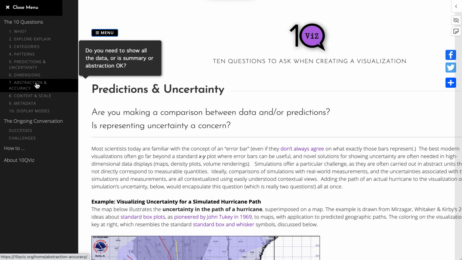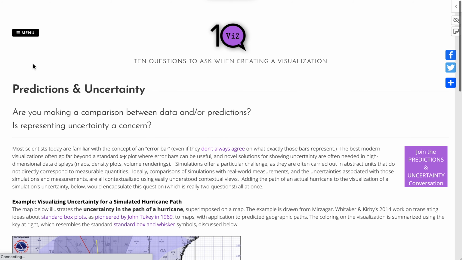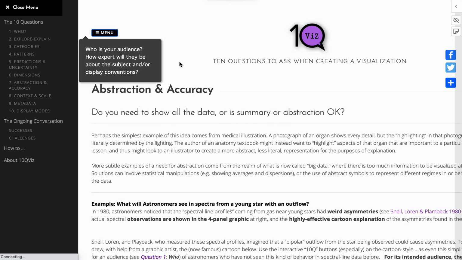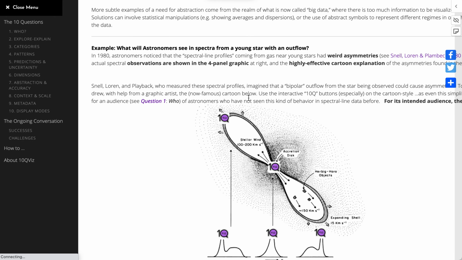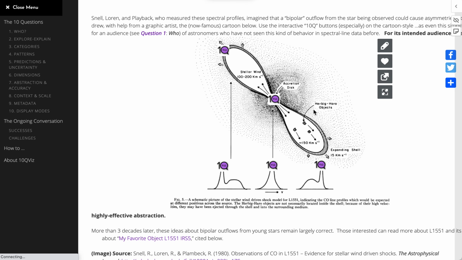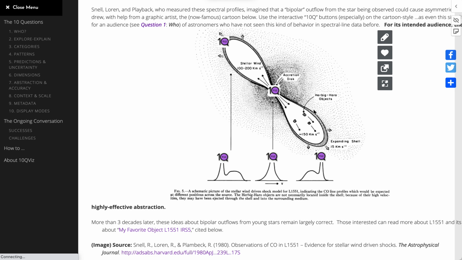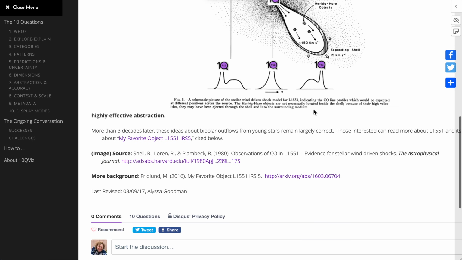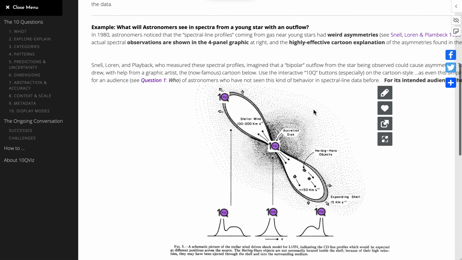Abstraction and accuracy, again, let's take a look at an example of that one. If we look here, you'll see a chart that's not an actual map of the sky or a three-dimensional diagram. It's literally a cartoon of how outflows from young stars work and what the spectra observed at different positions would look like. And this is a figure actually from a very classic astronomy paper that's a wonderful example of a totally abstract view of